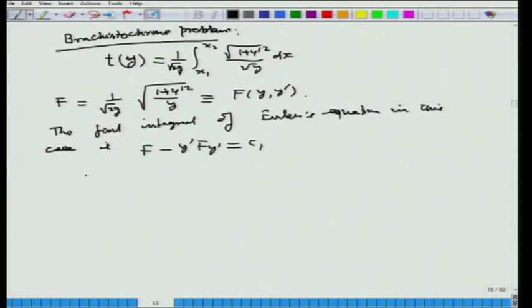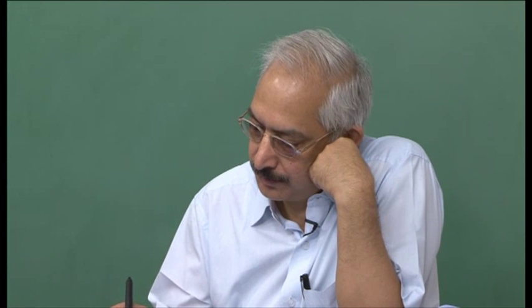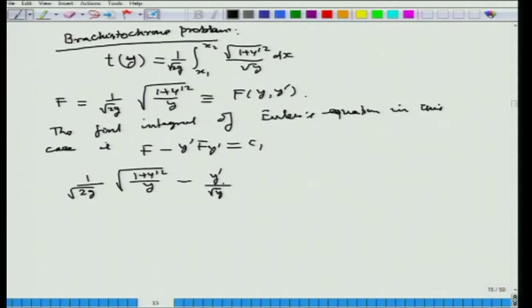So, here you will have 1 over root 2 g square root 1 plus y prime square over y minus y prime over root y we can take out here, and you have 1 over 2 root 1 plus y prime square and again 2 y prime equal to C 1, 1 over root 2 g here also. So, taking this 1 over root 2 g on the other side, merging it with C 1 and simplifying this,